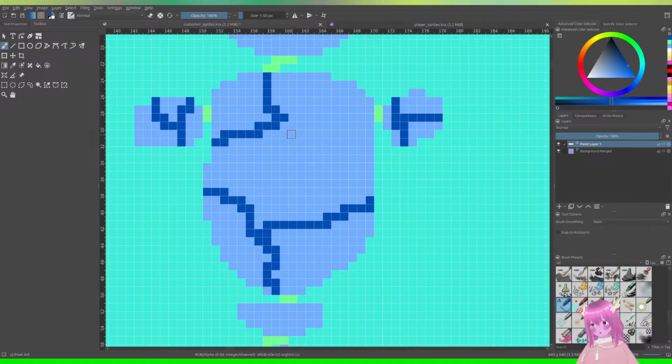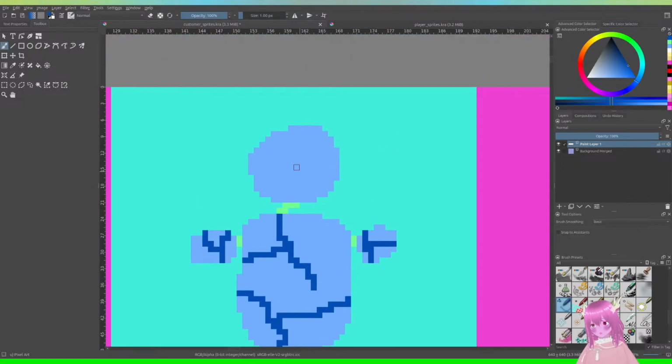These are just cracks and rocks. They don't necessarily have a start and end, do they? This is like Bubble Buddy from SpongeBob. That's what this is. Kind of.